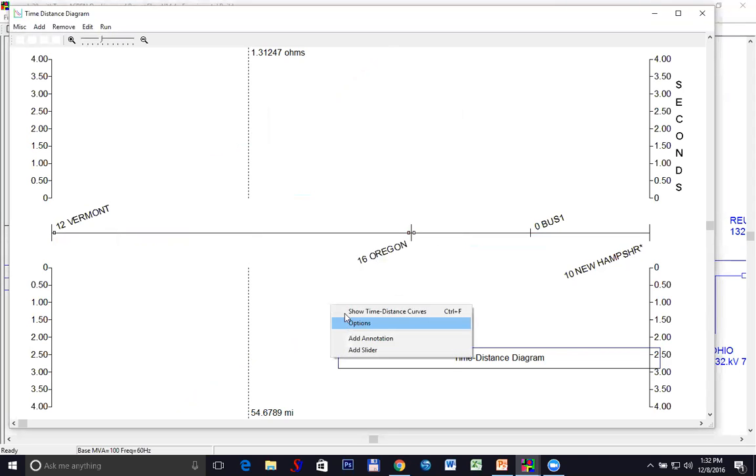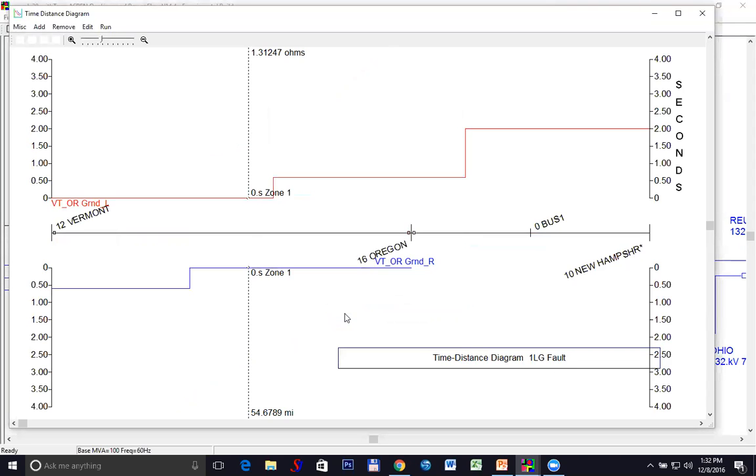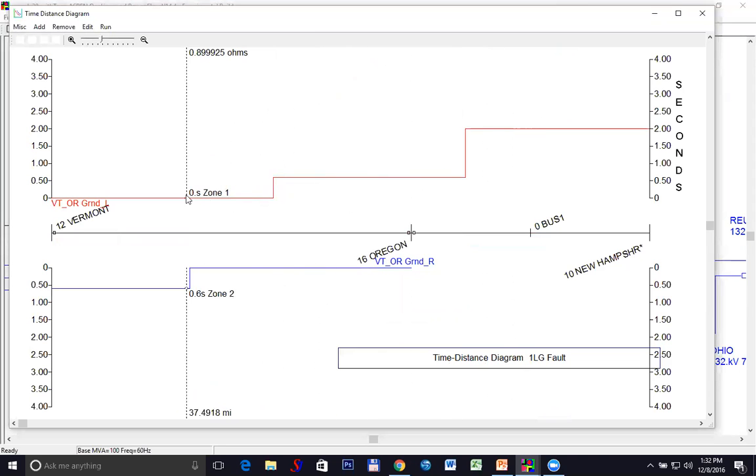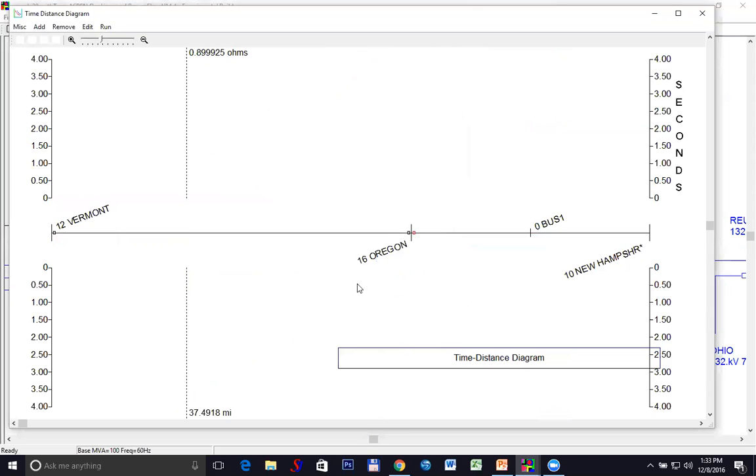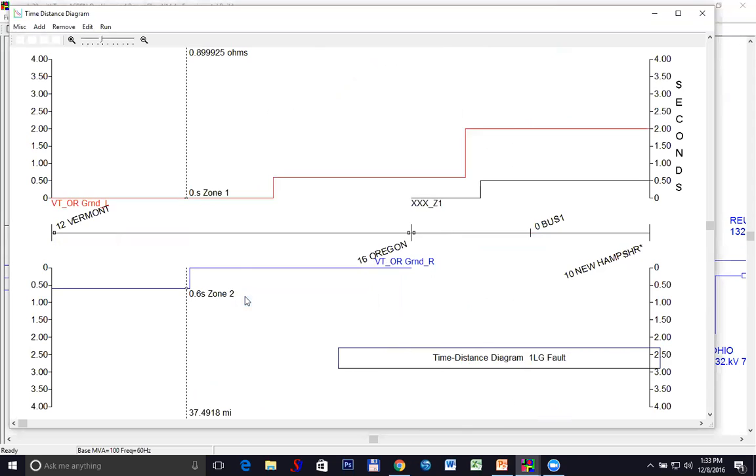Now when I show the time again, you can see that there's a relay with zone 1. It tells you zone 1 and zone 2 and then zone 3. Now I can also bring in this relay in one of these remote lines. And now when I show it, you can see that this is the curve of the second line.